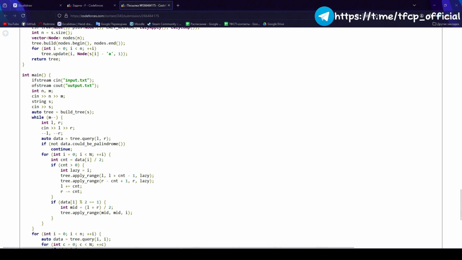Then I should place half of it at the beginning and half of it at the end. Accordingly, here is how much I will place at the beginning and how much at the end. So if my count here is greater than 0, meaning there is at least a 2 or something greater in the data, then I use lazy